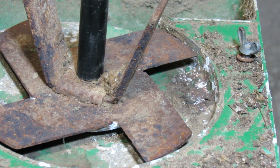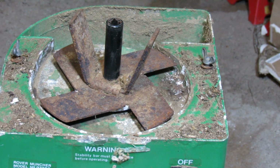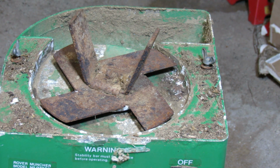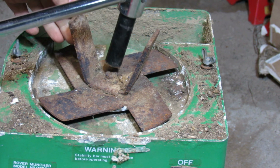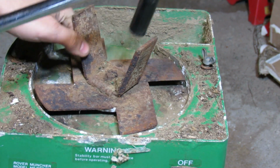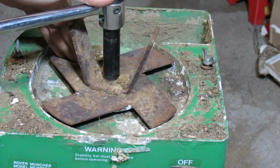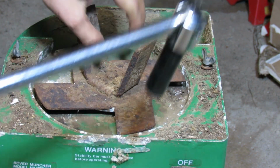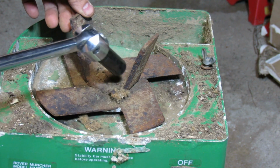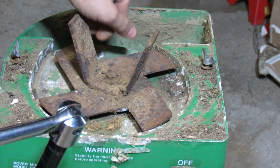I didn't really know what size it should be, but I tried a 5/8 of an inch socket, and it seems to fit fine. And I will try to move this. Oh boy, I hope this nut is not going to give me trouble. Oh, I ended up touching that. Yeah, the nut is pretty much disintegrating right now,